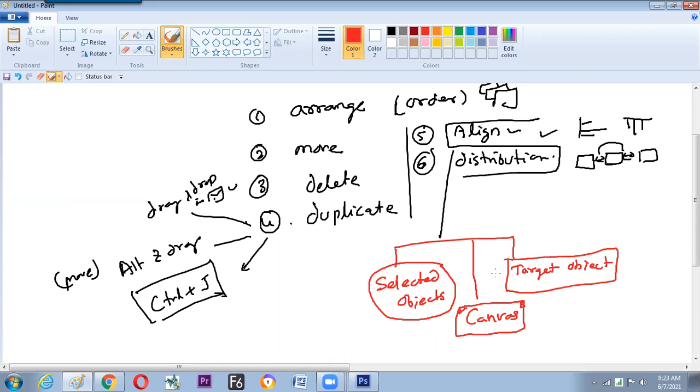In selected object alignment, the maximum left side or maximum right side of all the objects is considered. But sometimes we need the objects to get aligned with a particular object, so that everybody comes to this object's left side. That is called target object alignment.